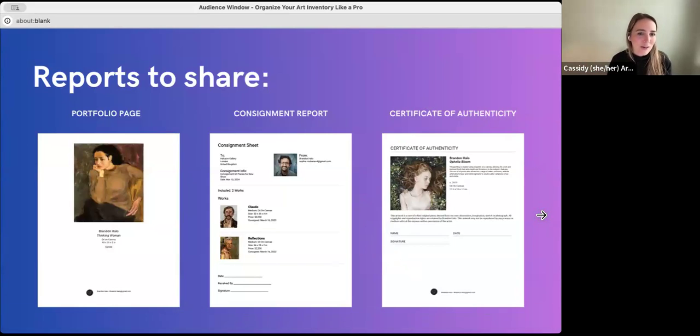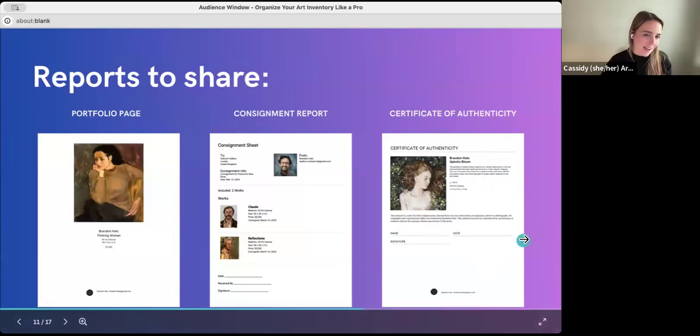So if you are making original artwork and you're not generating certificates of authenticity and giving them to the collectors when they purchase the piece, you should. So you can generate these for each artwork in the system. You can adjust the language however you want. And then you can specify who owns the copyright image, if you do, or if you're fully giving it to the collector, or also you can include more details about the piece, and then you can sign, date, and send